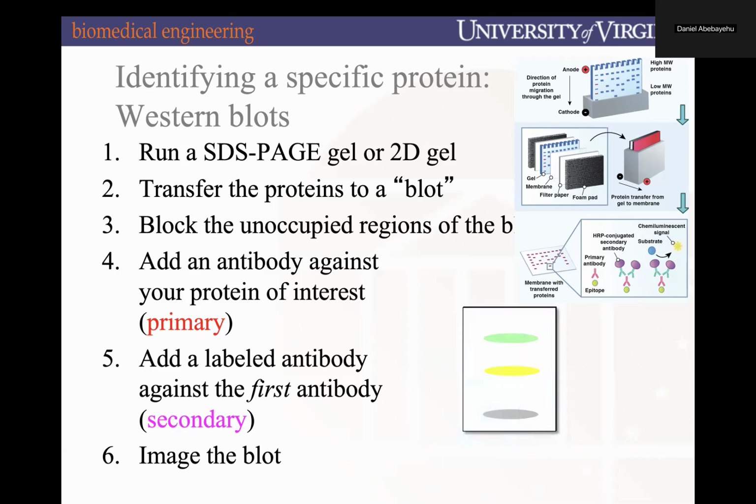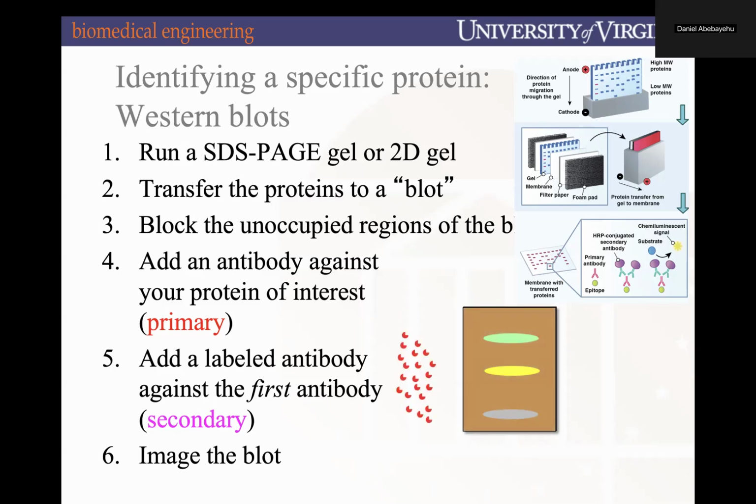And what's important is that we're going to block using some blocking buffer. It's usually some abundant protein that occupies non-specific sites. That is going to be really important because, like I said last class, proteins are naturally sticky. And so you want to occupy these non-specific sites that do not inhibit specific binding of antibodies. And so once you block,